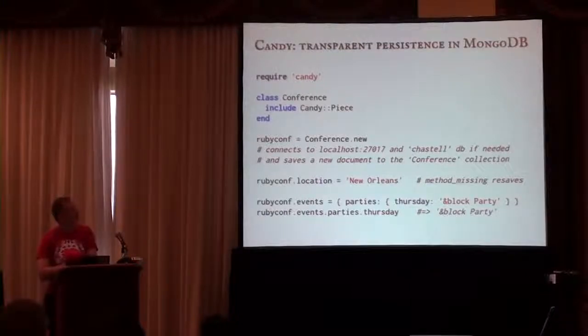So what Candy shows us, and this is a very small example, there's much more to Candy, is that there can be a way to do object persistence that is totally transparent, because we basically created a new object, set some properties, and the moment we read anything, there's a database select going, a select query, or in this case, I don't know, I think that MongoDB calls them selects as well.